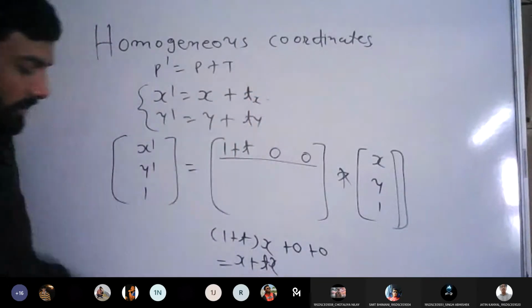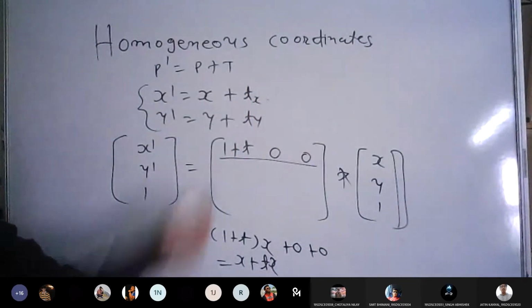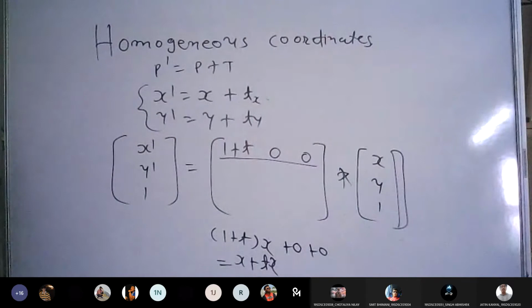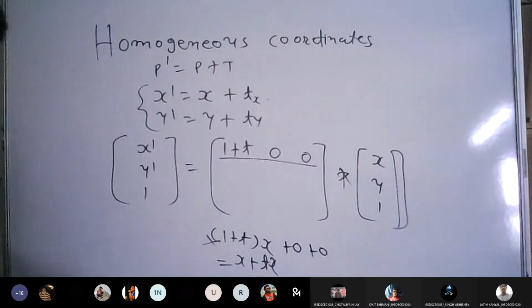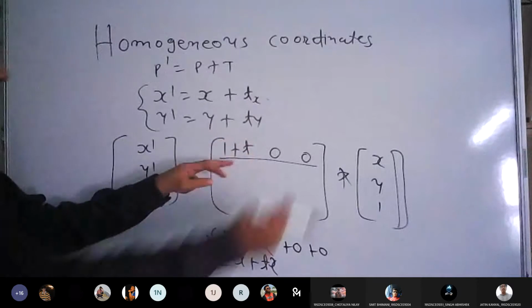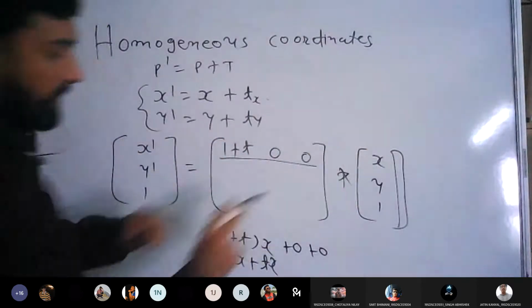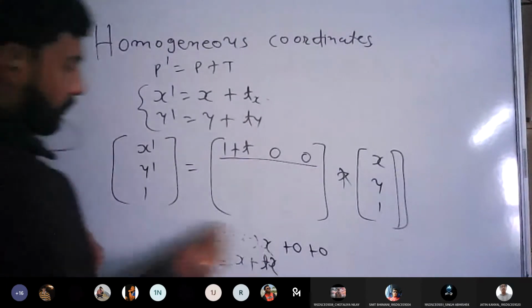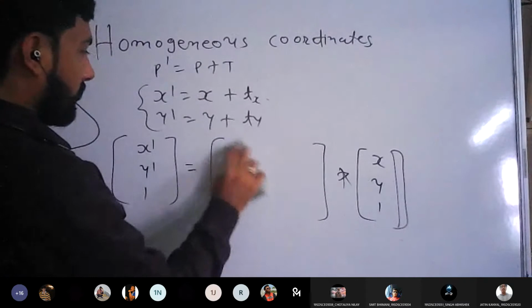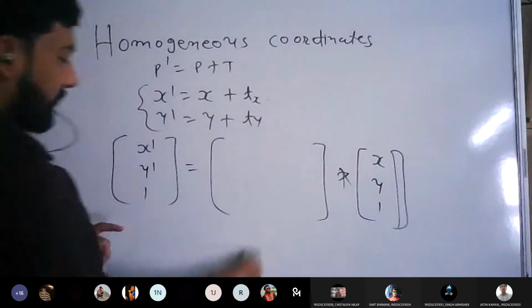Though I have not written it, it is like this tx. It is one character only, one variable. It is not that t and x are different. So this will not work. According to your answer, you are saying that t and x are two different entities, which is not the case. Are you getting me, Abhishek? Yes. So other than this, think about the other logic, what we can write here.